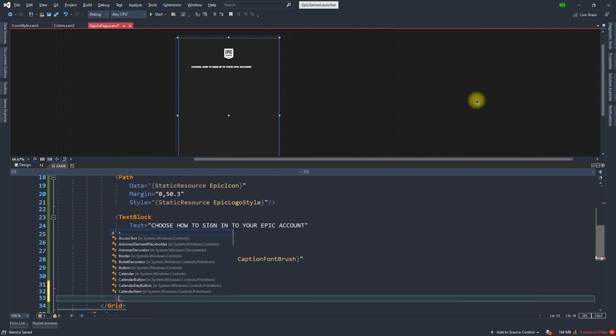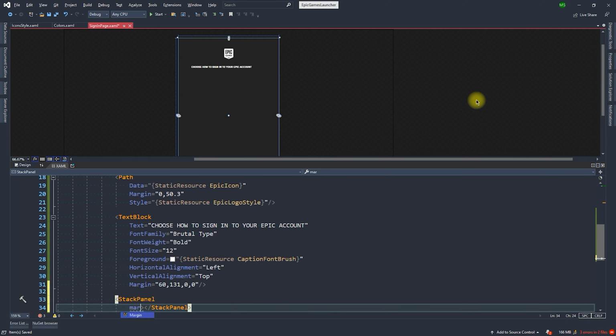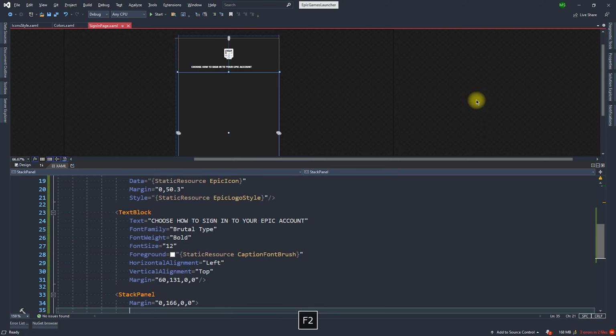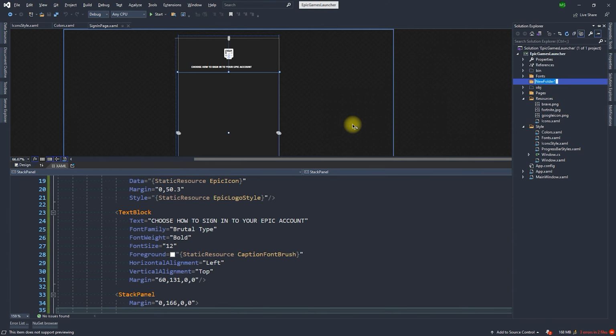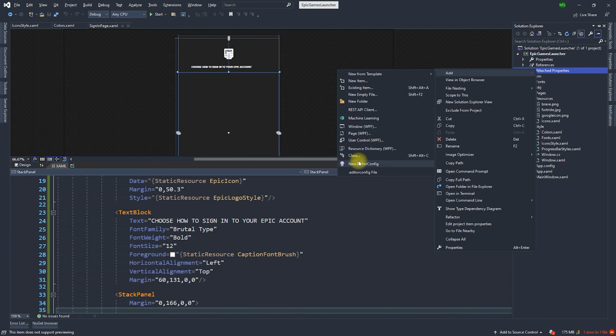Okay, so next we will add a stack panel with 166 pixels margin from top, and this panel will contain our service login buttons. But before customizing our login button first, we will write the attached properties for our button. So add class named login service buttons.